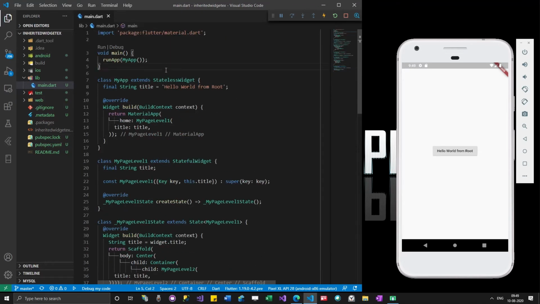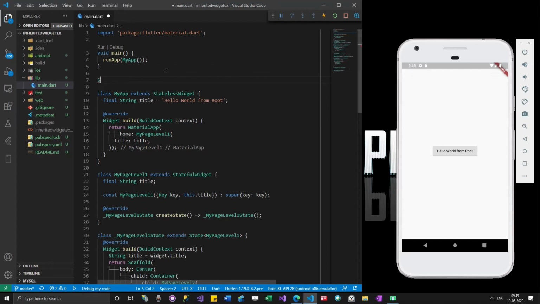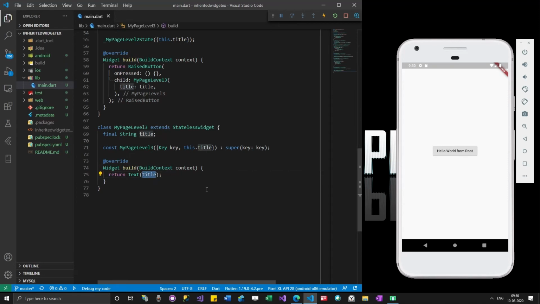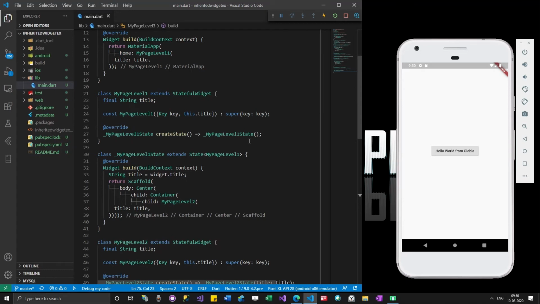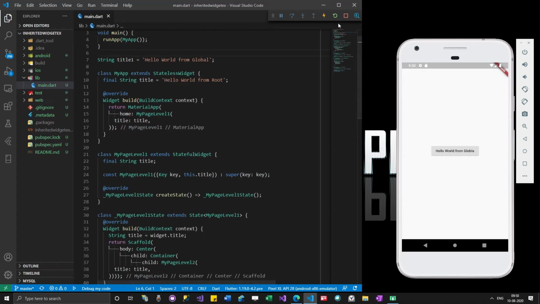There is another way I could do it also. For example, I can give something at a global level. Okay, you can see it is working. So let me restart.